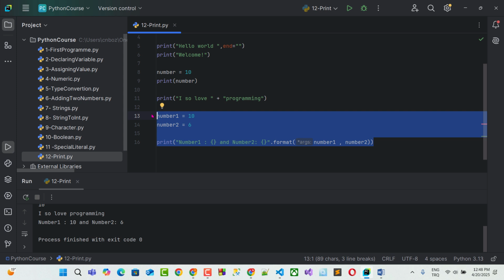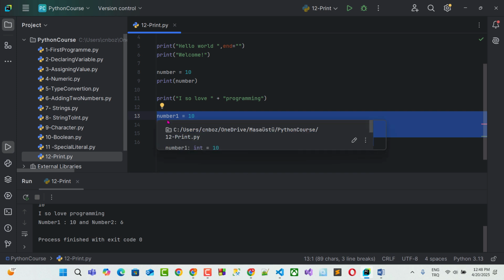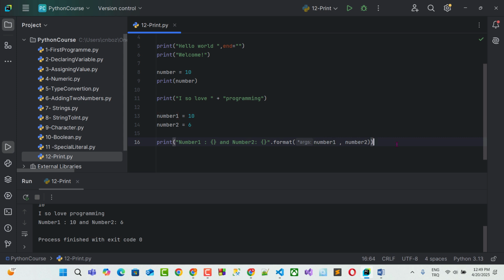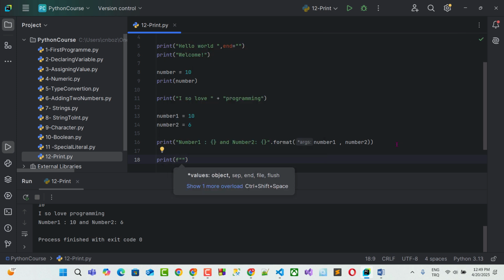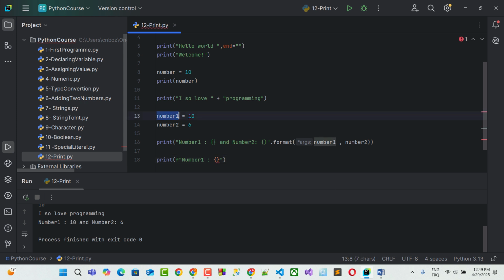In my exercises, I will use lots of f-string. I so love to use it. For example, I'm using f-string. I'm writing the print function. I just write f and then I open my double quotes. And then I'm writing number 1. It's a string value, it's a normal string. So I want to show my values. I open curly braces. Inside the curly braces, I'm using the variable name. What I will use here is number 1, my variable. I want to use number 1 here.